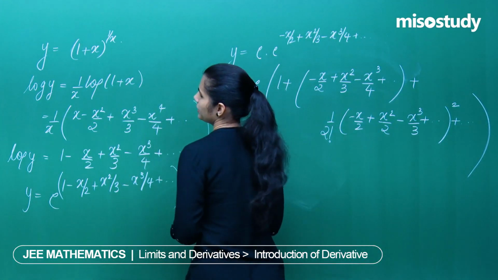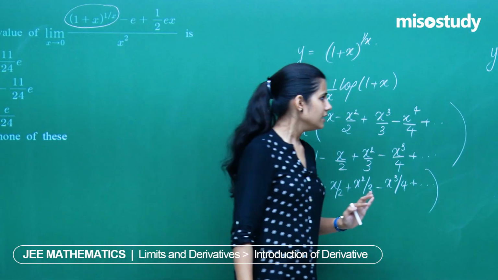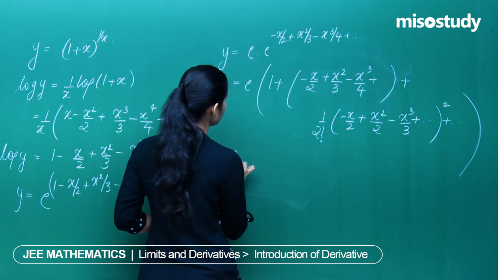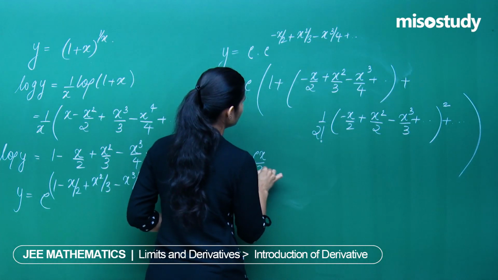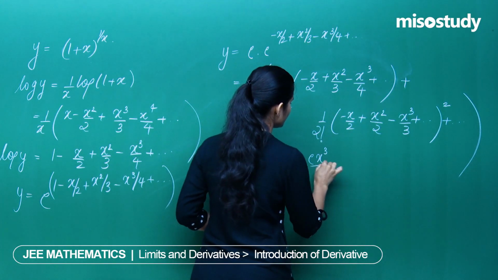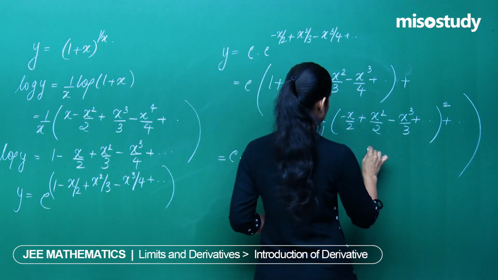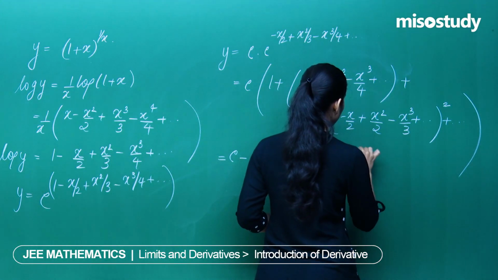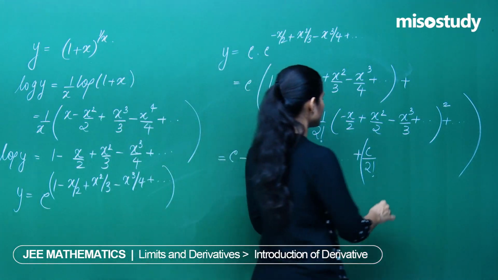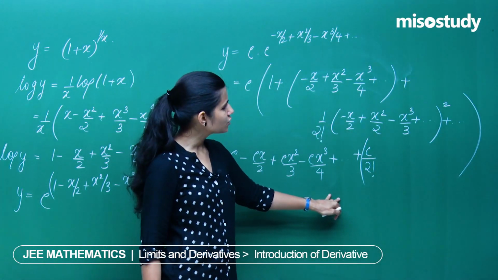Don't forget, I am interested in limit x tends to 0 of this expression, okay? Don't forget that. Okay, coming back, how can I resolve this? This becomes e minus ex by 2 plus ex square by 3 minus ex cube by 4 plus and so on, and then you have e again. So e by 2 factorial. So this is the next term, another term. This is e by 2 factorial. Inside you have minus x by 2 plus x square by 2 minus x cube by 3 and so on